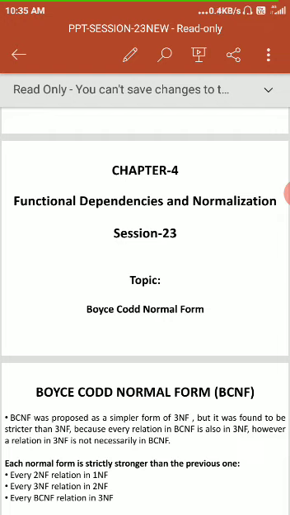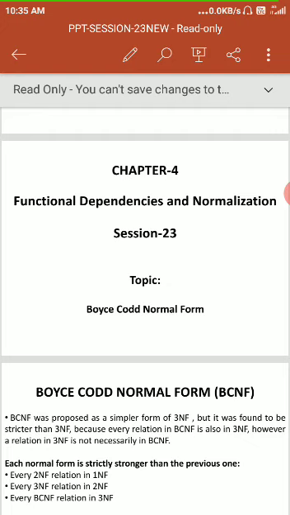You know that in 3NF there is a primary key. There is a functional dependency between the tables as well as subtables in 3NF. But BCNF is a little bit stricter than 3NF. 3NF means third normal form. Every relation in BCNF is also in 3NF.